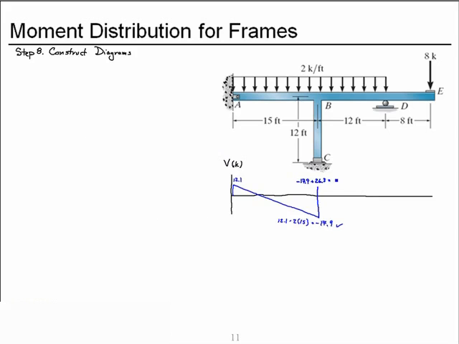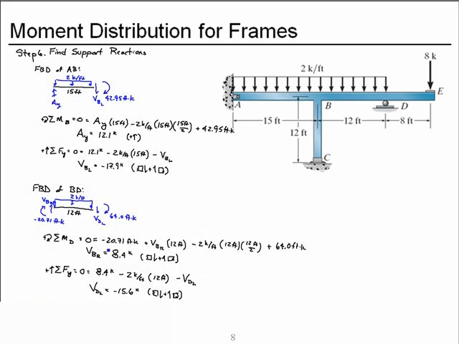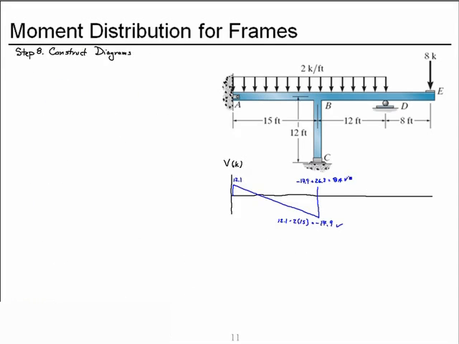Therefore, our shear becomes 8.4 kips just to the right of point B, which is also consistent with what we calculated previously. That is a good intermediate check. Then again, we have uniform distributed load, so we have linearly decreasing shear diagram until it reaches point D,